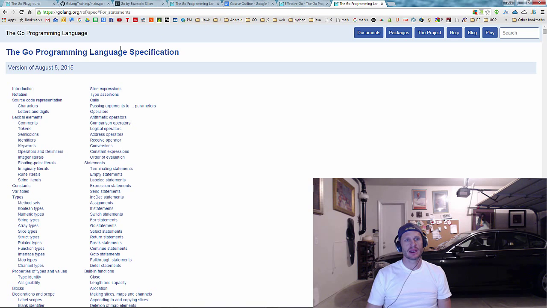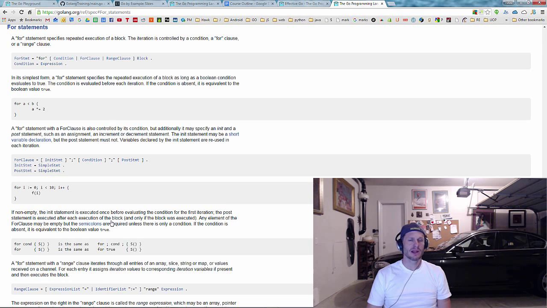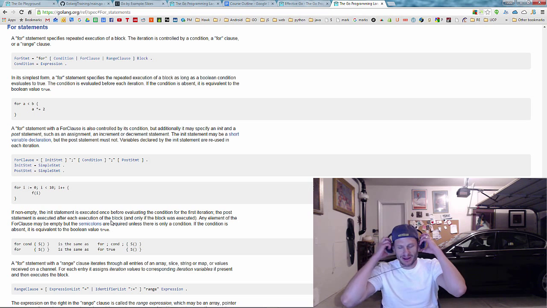The first place to go is let's take a look at the language spec. If you look at the language spec, we have for statements right here. And so for statements are loops. And in the language spec, reading about loops,